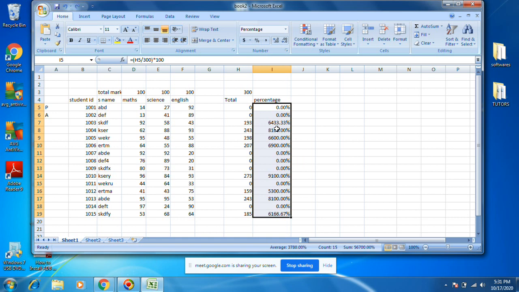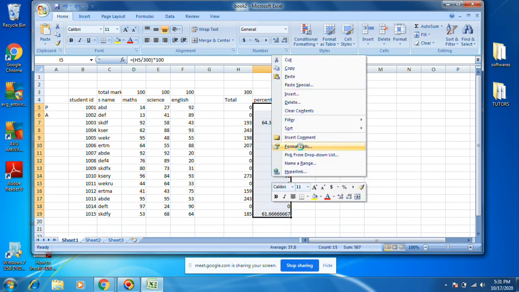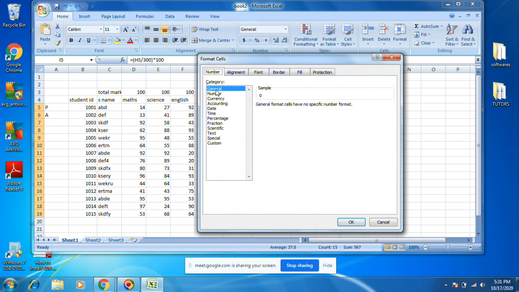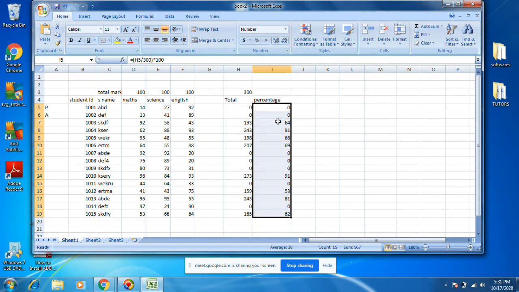Sorry, I think it calculated automatically. This is my formula, and it is calculating automatically. Let's see. Okay, let it be. We can go to format cells, decimal places 0. Okay, these are the percentages.